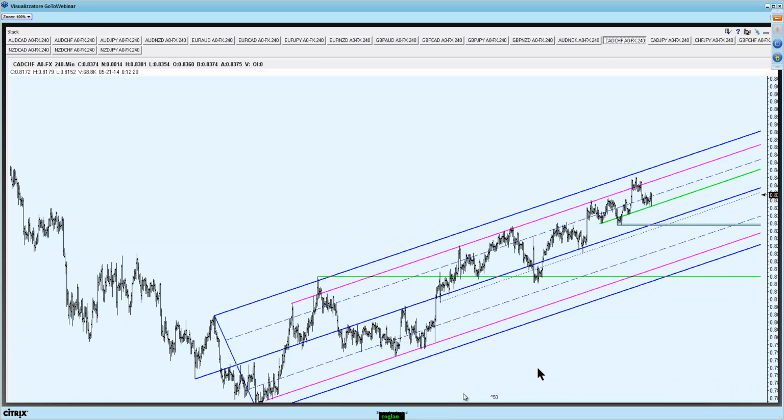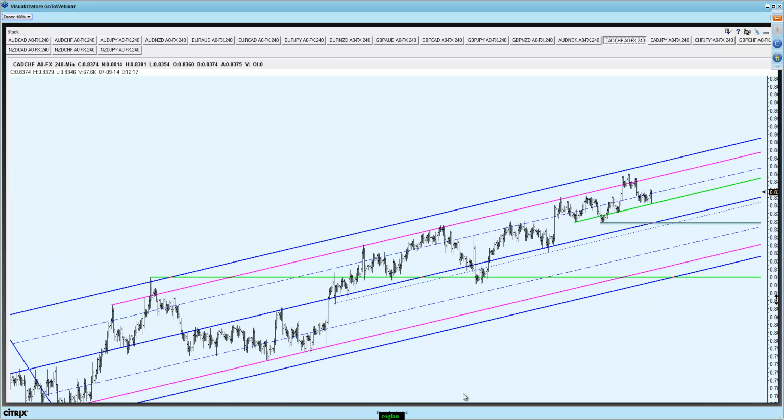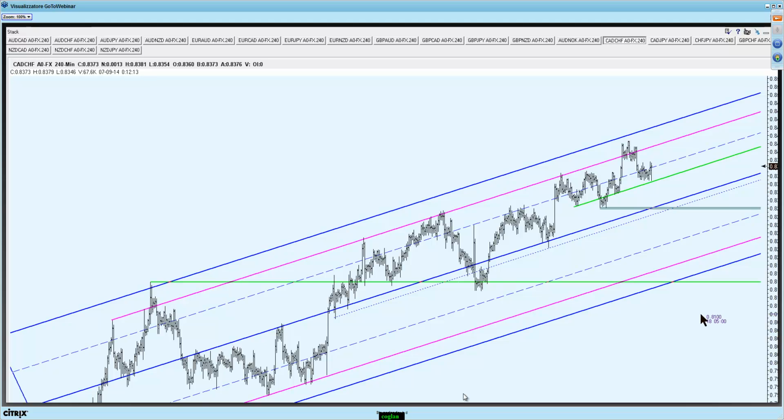Down here we've got 78. Up here we've got 84. That 600 points is a really big move in CAD Swissy. It's 0.84, so that is really a strong move. I hope I'm showing the kind of moves that we're seeing. I hope I've shown the way that we can map them, the methodology that we're using. As I've said, they are seriously underanalyzed. People out there are not looking at these charts. They're not looking at these cross pairs so much, and they do show great harmony if you apply the